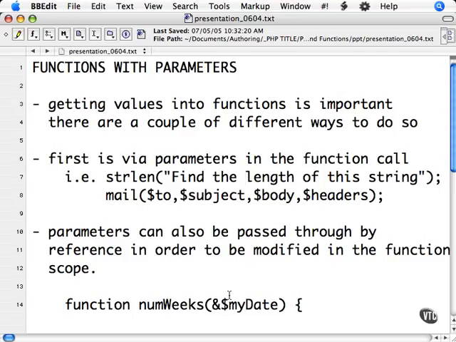An extremely important part of functions is the ability to pass information into the function. This can be done in a couple of ways. The first way is via parameters in the function call. We saw this earlier with the mail function, and you can see examples in almost every function in PHP. They are the values that are passed through to the function in the round brackets when you are invoking that